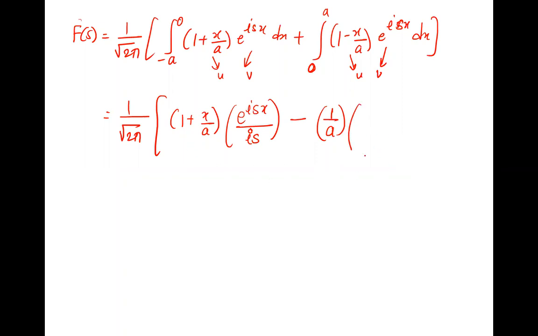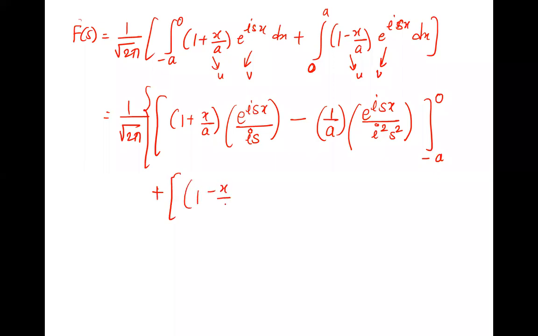And into the integration of this term, what is the integration again? e raised to isx upon i square s square, right, upon is into is, i square s square. And what will be the next derivative? 0. Correct. So this is over for the first, and this is from minus a to 0. Now second, plus